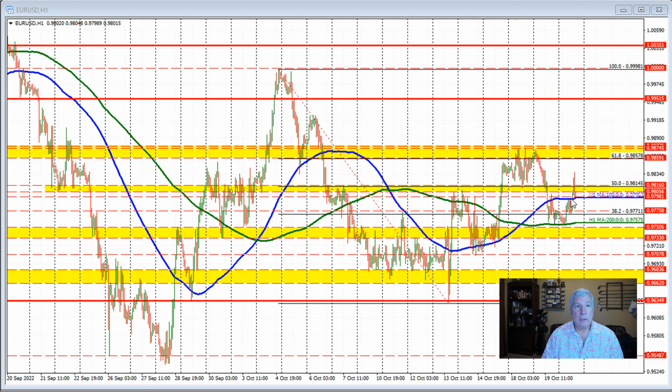Looking at the euro versus US dollar, it too followed the pound versus US dollar to the upside here in the late London morning session. That took the price above the 50% retracement and above the swing area through here, where we had a number of different swing lows and highs at different points along the last month or so of trading. You can see here we had a nice little floor before breaking to the downside. Kind of got all choppy here, but reestablished support against that area, and then reestablished resistance against the area through here and here before moving above that level on Monday and trying to hold support through here, only to fail